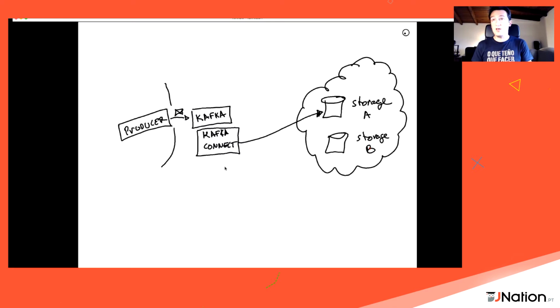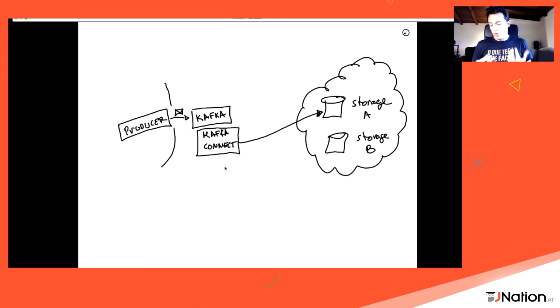And storage B may be a more long-term storage like S3 or Azure Blob Storage.